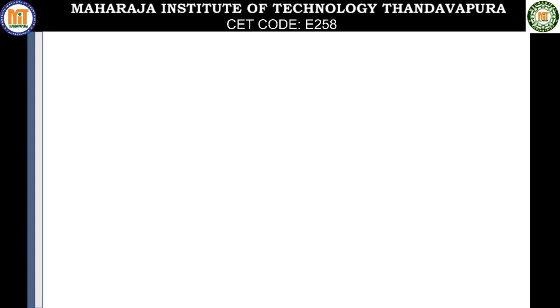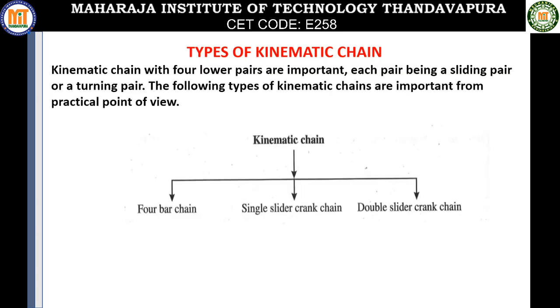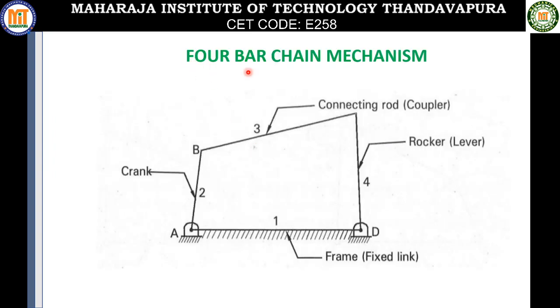Okay. From the practical point of view, there are 3 different types of kinematic chains. Okay. Those are 4-bar chain, single slider crank chain, and double slider crank chain. Okay, these are all the 3 different types of kinematic chain. From the syllabus point of view, you have only the 4-bar chain mechanism to study. So coming to the 4-bar chain mechanism,